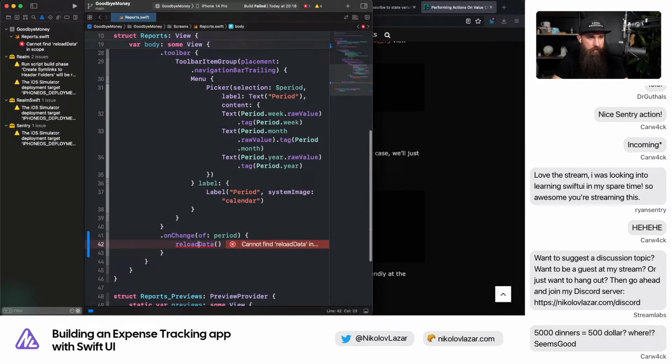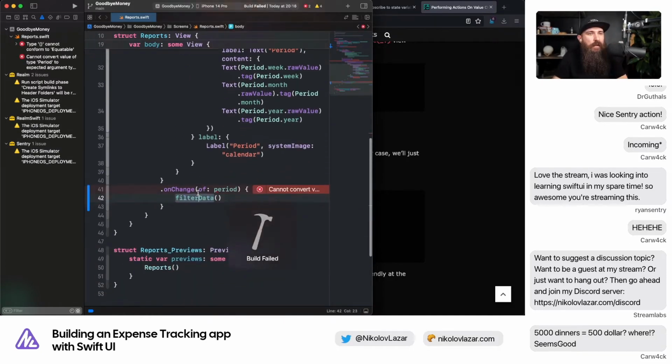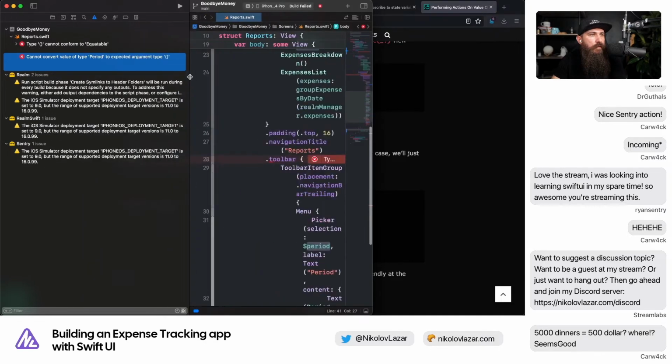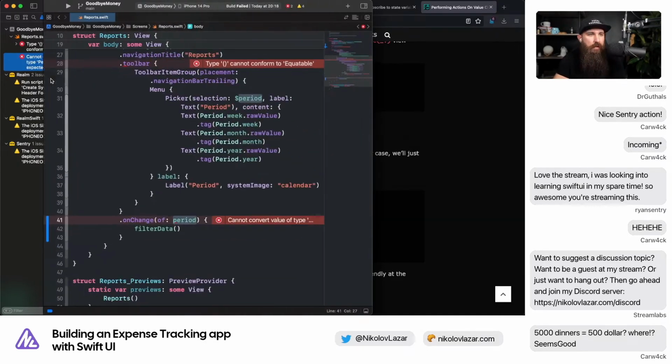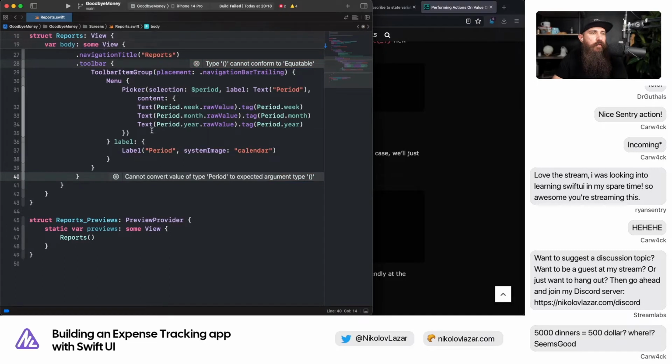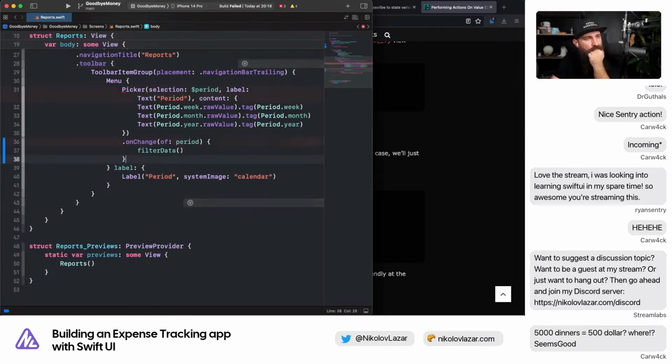Filter data, what am I? Yes, filter data cannot convert value of type period to expected argument type something. Maybe it has to be here. Now what if we move it here? Still the same thing. On change